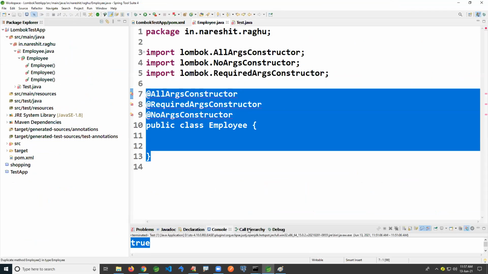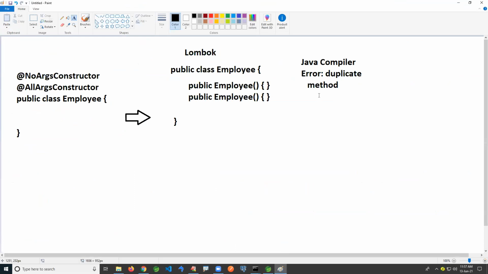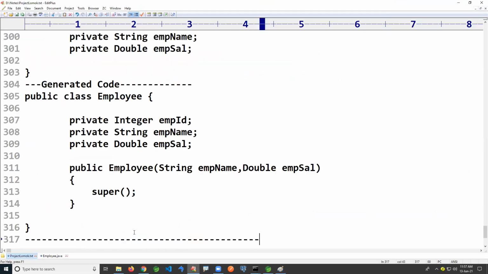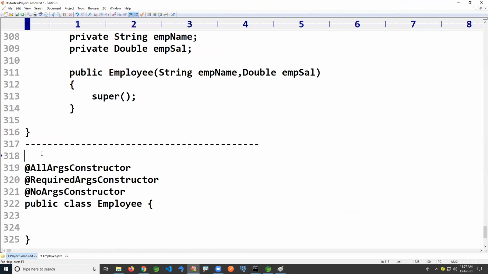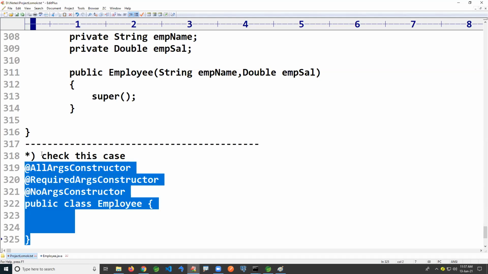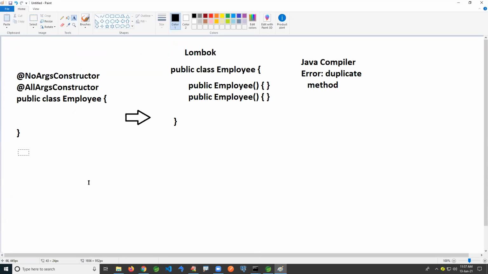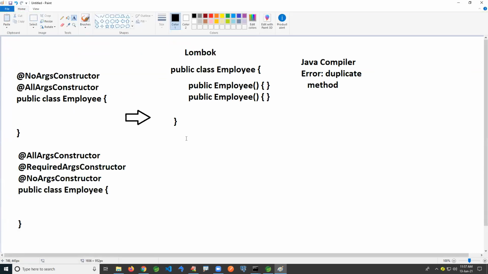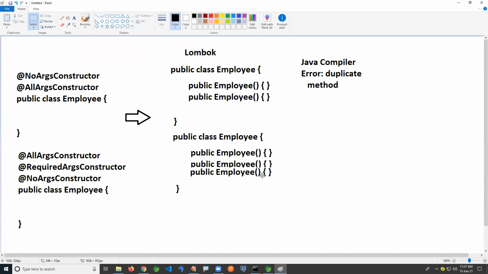Really, yes, generated, but the Java compiler says that's wrong, that's not correct. You wrote like this, and Lombok generated code looks like this. Yes, it's purely a programmer mistake. If you don't use them properly, you can never call it a Java or API mistake.